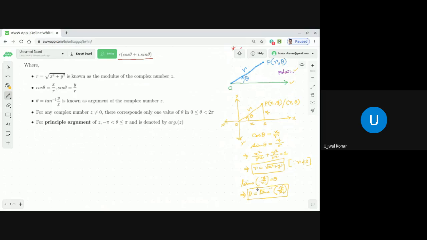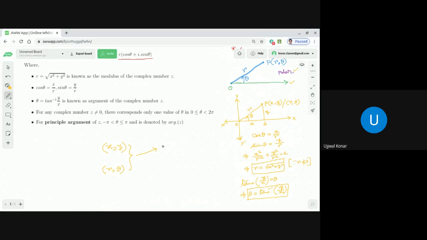Also, we can write x and y in terms of r and theta. Both we can do. So what we have is x comma y, the Cartesian coordinate system, the coordinates of a point, and we have r comma theta in the polar coordinate system. What is the relationship we can bring from these two? We can write x and y in terms of r and theta.